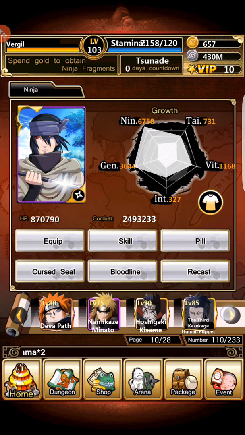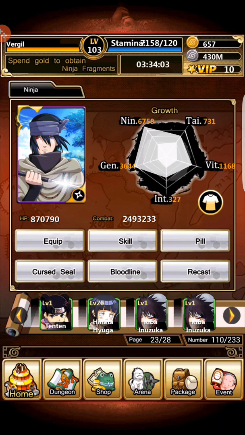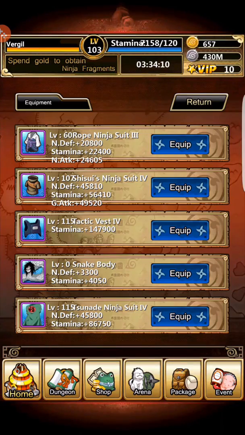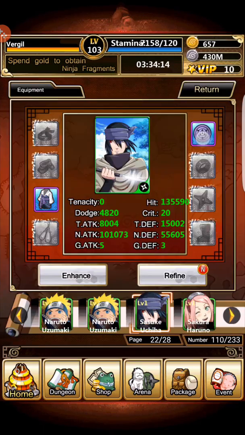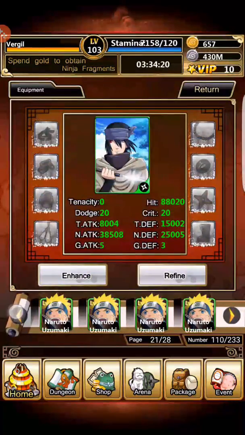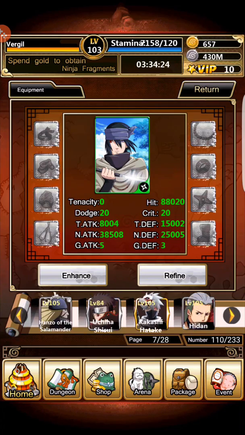Here I'm gonna go to the green card Sasuke that I have. I actually did get most of Sasuke's items, as you can see here, or you can't see here. The rope ninja suit, the 6-tomo Rinnegan, and obviously I have Sasuke's weapon and such. The reason I didn't make a video about that yesterday is mostly because of the fact